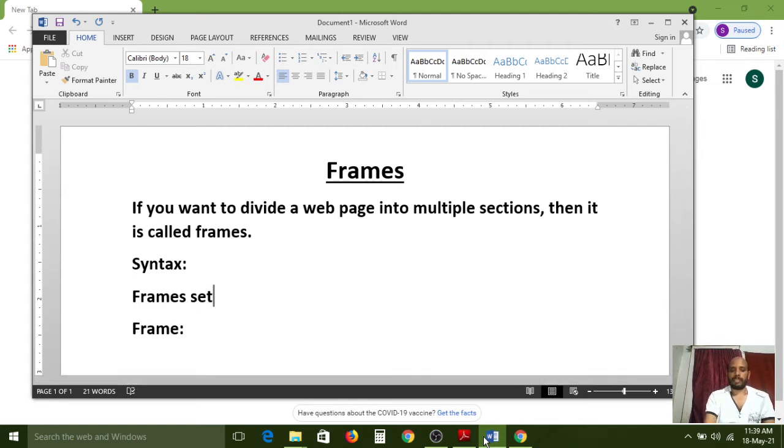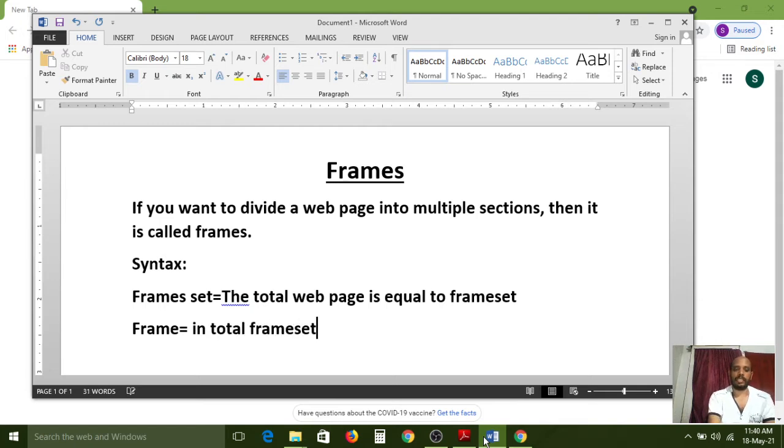The total web page is the frameset, and in the total frameset, each partition is called a frame.